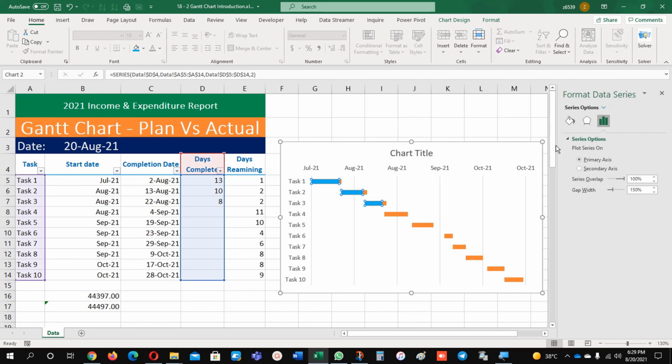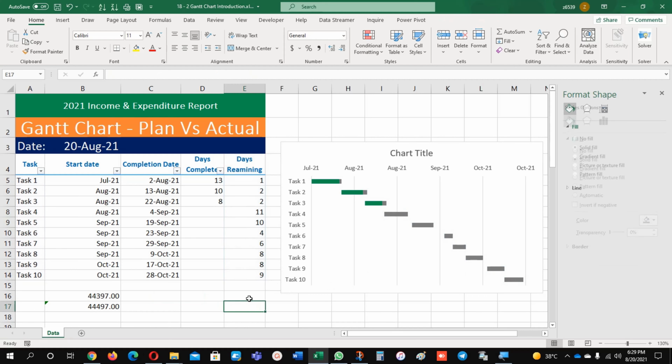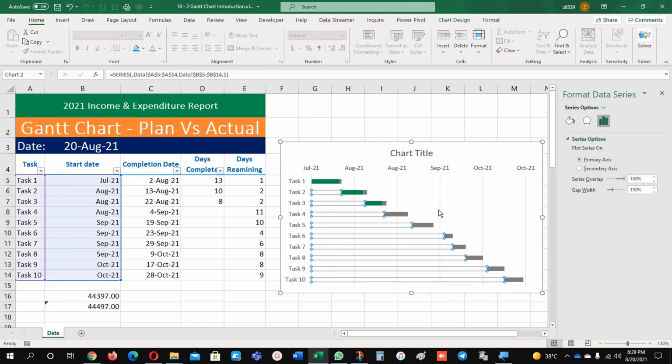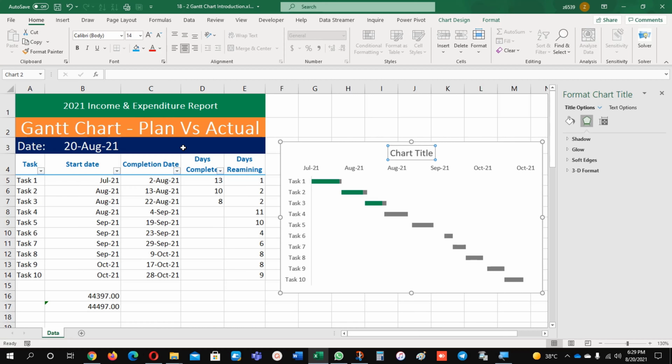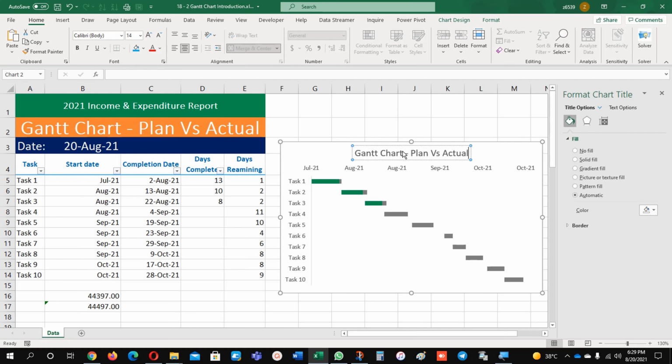For this color, which is days completed, I will change this one to green. These are my days completed, and this orange one I am going to replace with gray. These are the days remaining. So here you can see in this case how many days are remaining, and here how many days are remaining. Every task you can see it, and these lines, just select them and remove them, and you can give the chart a name, Gantt chart, project name. Okay,